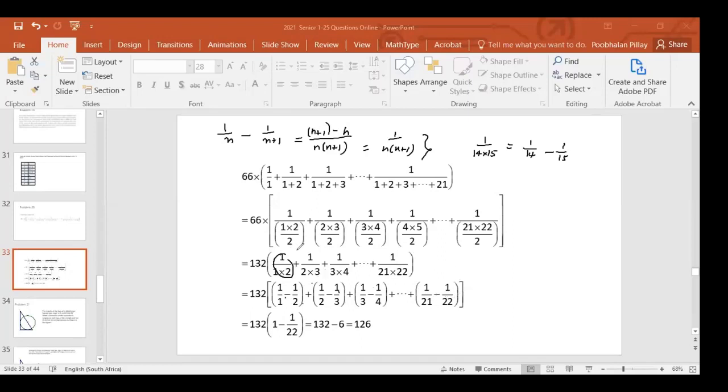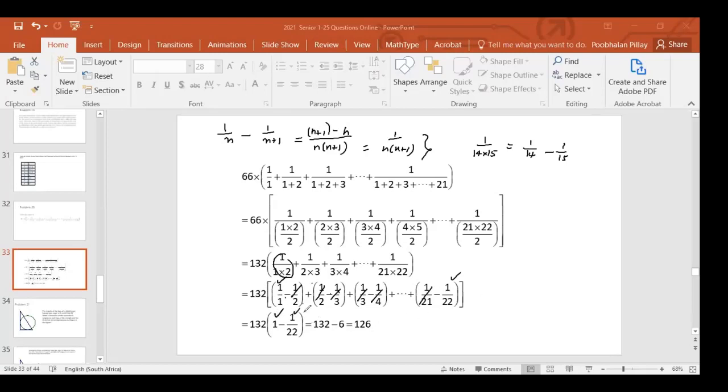And now watch, magic. Because you've got a minus half plus half. Those two annihilate each other. What I call commute fratricide. Brothers kill each other. Then you got minus 1/3 plus 1/3. They cancel. Likewise, minus quarter will cancel off the next one. And this guy here will have been destroyed by his predecessor. So the only survivors in this thing here, all these things cancel off, are the first term that's not killed and the last term that's not killed. And you get 1 minus 1 over 22.